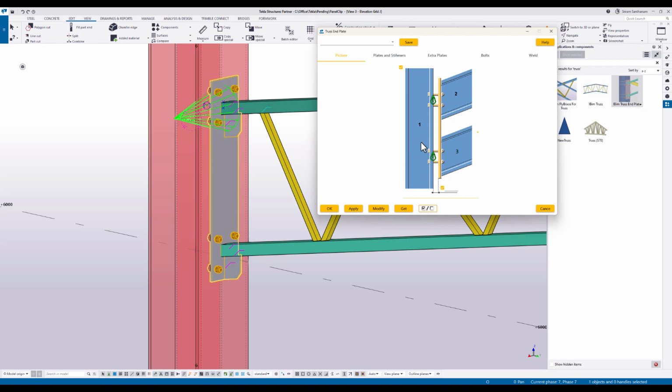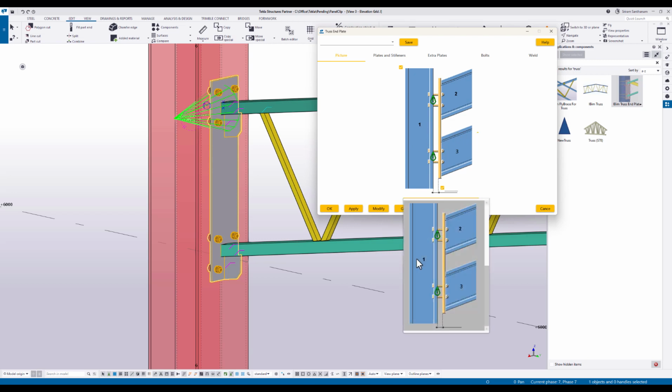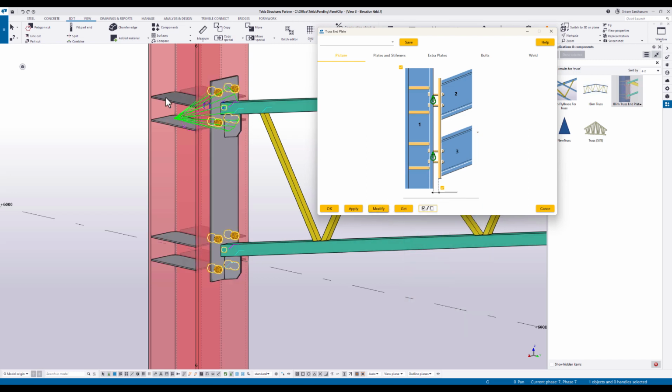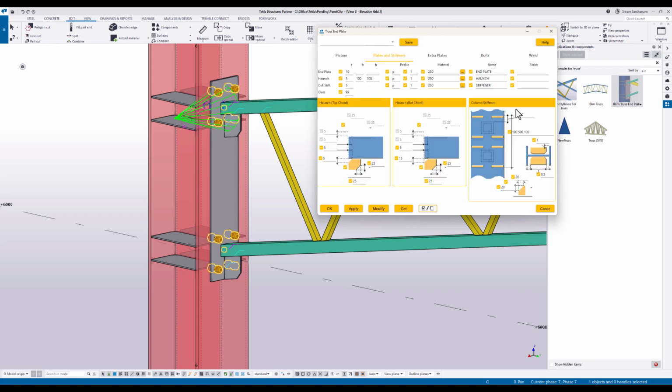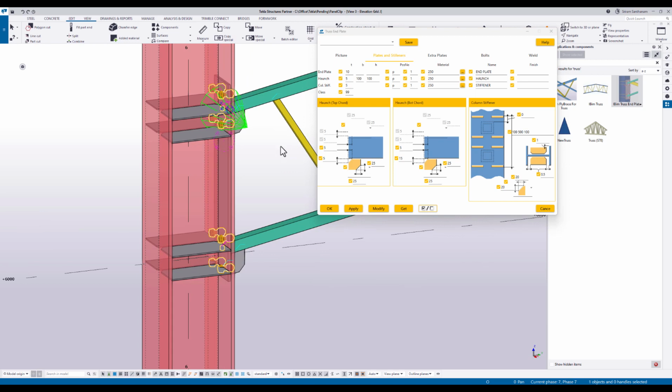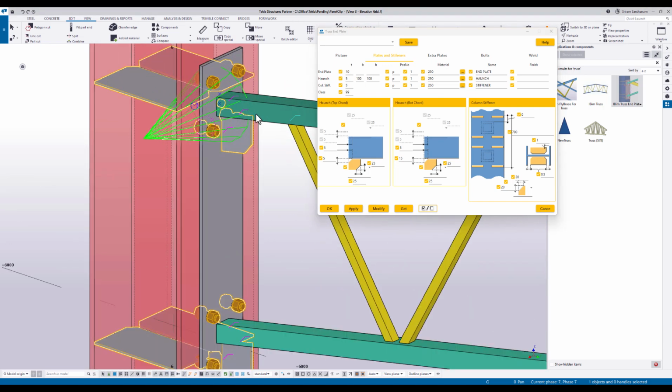If you want to add stiffness to this, click on this, and if you scroll up, you see there is an option with the stiffener. Select and modify this. And to control the stiffener distance, you have to go to the plates and stiffness. So this has created multiple stiffness here, but if I need only 2, I make this one to 700 and modify. So you can add multiple distances to create multiple stiffness,